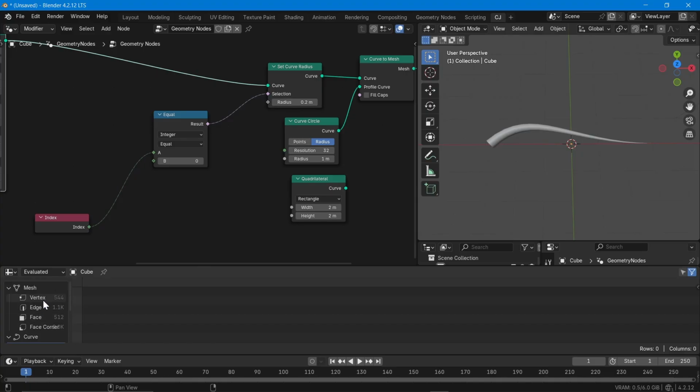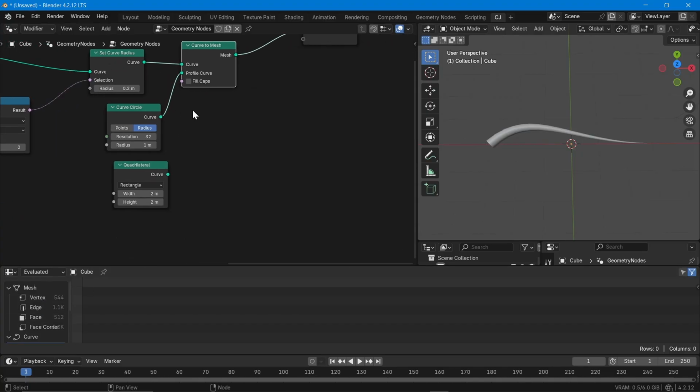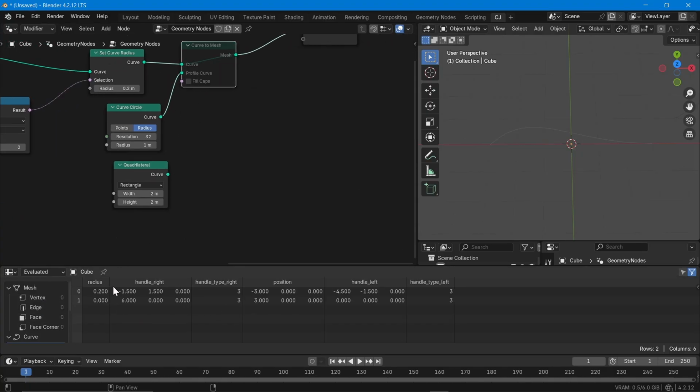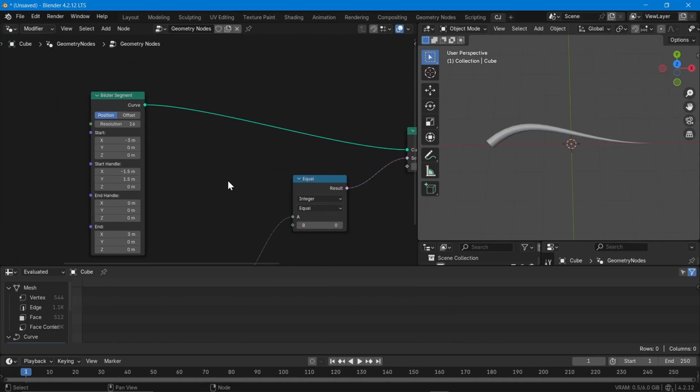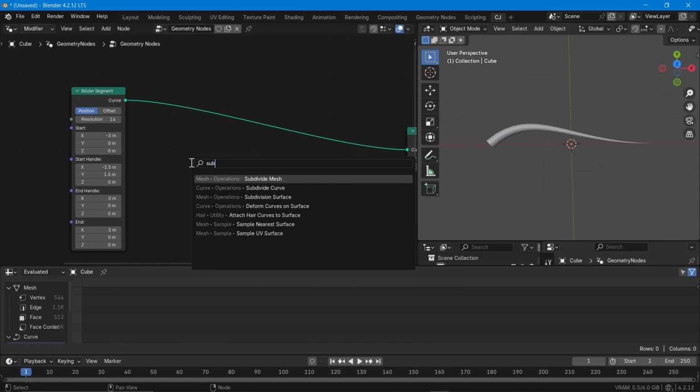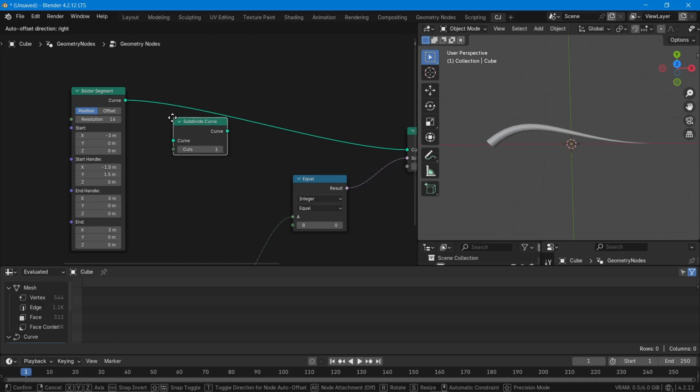If you see, okay, it has converted to mesh already. Let's mute this. So you can see 0.2 is here, the next is 0. So that means the first point is 0.2 and then gradually reducing to 0. So we only have 2 points now. Let's bring in more points, so then it is easier to understand